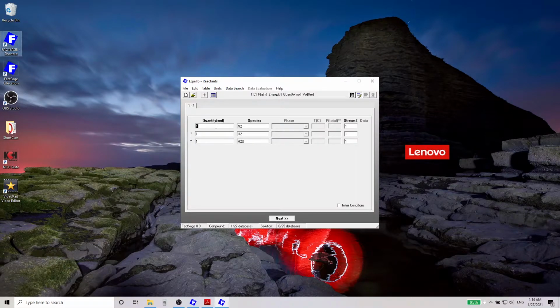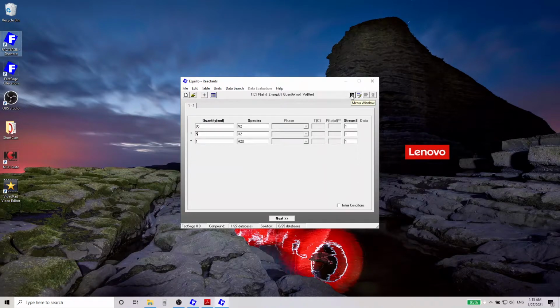As discussed before, our nitrogen is 95, hydrogen is 5, and we are entering the moisture as H2O. Then after entering the amount and the chemical formula of the species, we'll go to next to go to the